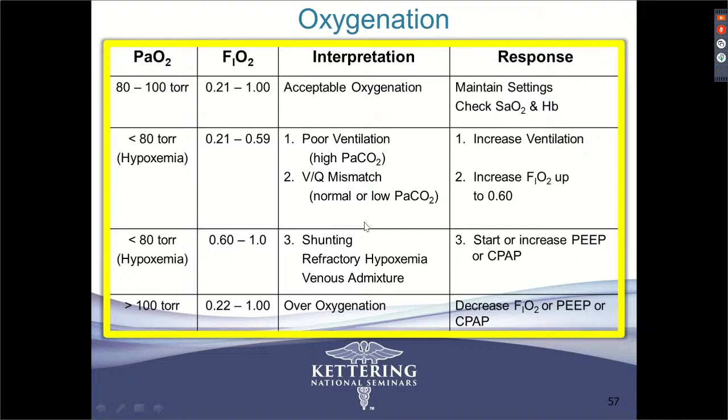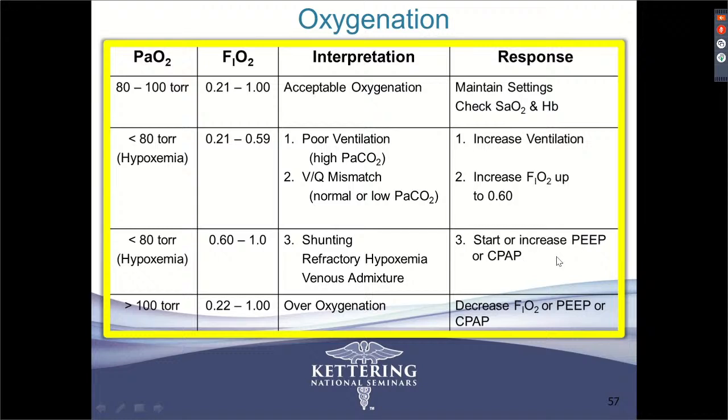But guess what? Everybody that's in earshot of my voice knows what shunting is. But guess what term they will typically not use on this test to describe a shunting problem? The word shunting. Because they know everybody knows it. Guess what they like to use on this test? They like to use the word refractory hypoxemia. They like to use the word venous admixture. So on this test, you have to remember that both of these things mean the same thing, right? And if we have any one of these three problems, anytime we have an FiO2 greater than 60%, that's what the problem is. If we have these problems, that means we're going to put them on PEEP, all right, or